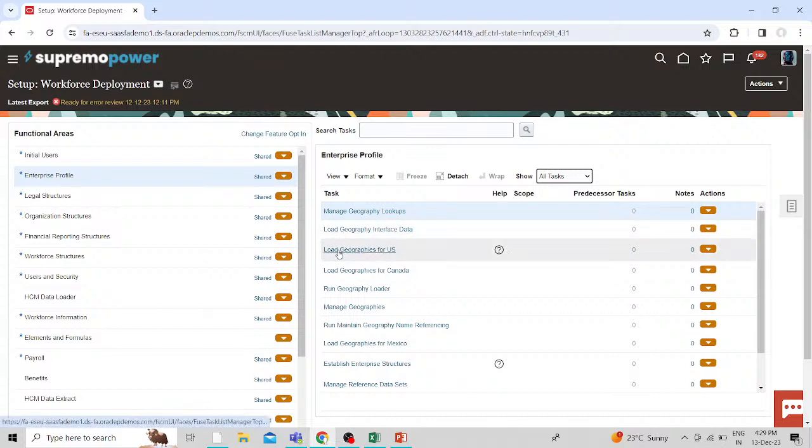Here you can see the load geography for US under the enterprise profile. So you can load geographies and create the geography structure for each country and ensure that you have selected the data source of either GVG or locate or your own provider. Okay, then next we have here